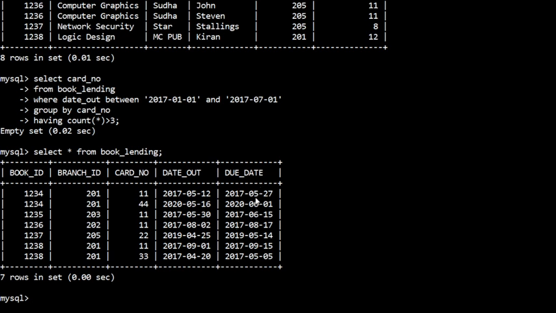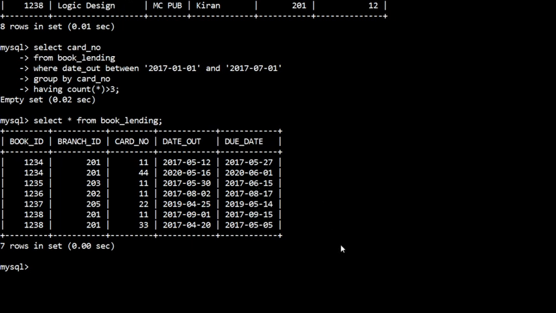But within June, how many are there? So here 5, okay. So this is 6, but this is 8, it is not coming within that range. Then this is 9, okay. Only 3 will we get.